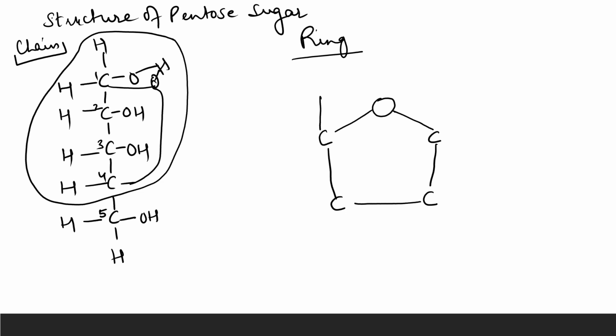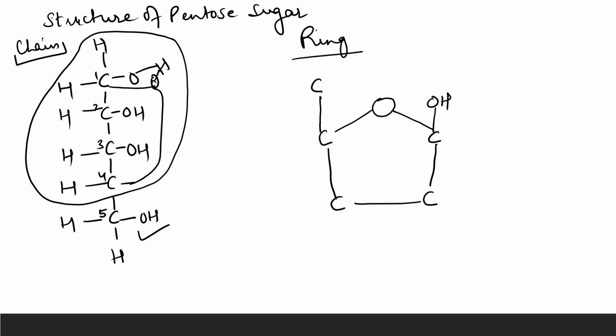Now C5 will be here. You can see here that C5 is standing, like hanging outside, right? In this area, this is the C1 carbon. The C made a bond with this and there is an OH group, right? So here we can put an OH group,